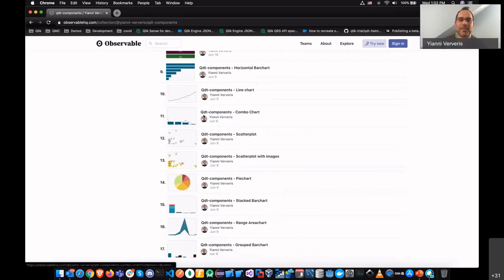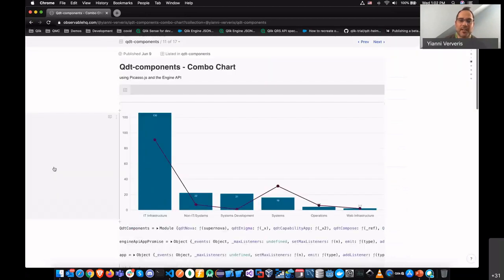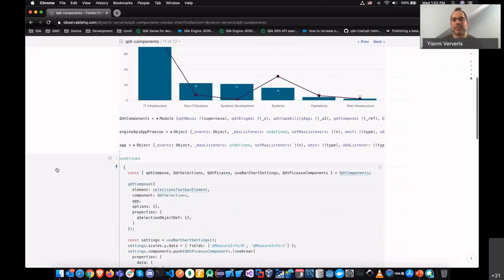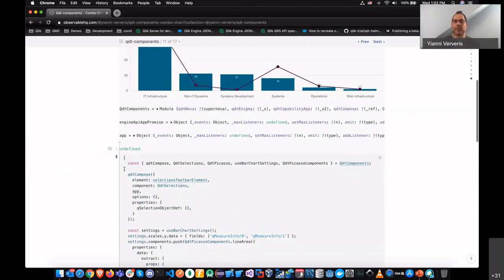So here's a combo chart that I did. It's a combination of. And here comes the more interesting part: if you know that you can do very big hypercubes, you master hypercubes and you master Picasso.js settings files, then you can start doing a lot more stuff. So what we've done is we make little components of QDT Picasso settings. So you can have the box, the point, the line. So you can get one basic one. So you can start with